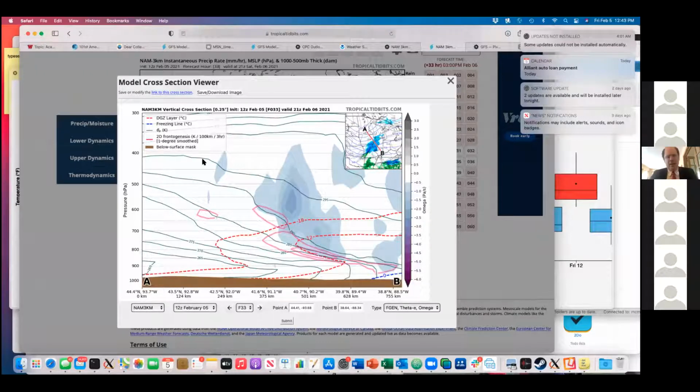Yeah, that's a really nice cross section, Michael, and well chosen and well described. That's exactly what happens sometimes with the passage of these. Really, they're almost not even waves. They're just regions of confluence or diffluence. And if they're in the right orientation to the isotherms, as you point out, you can get this interesting